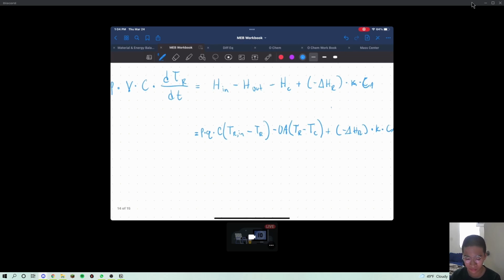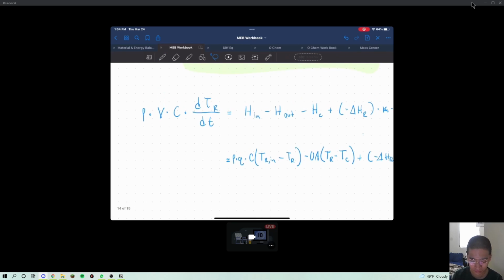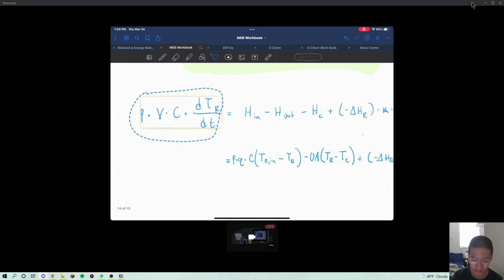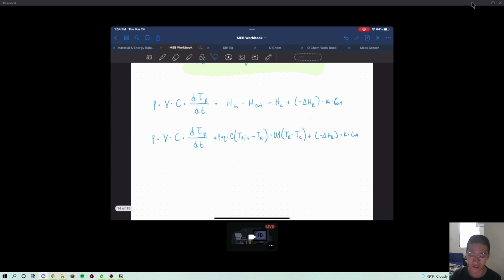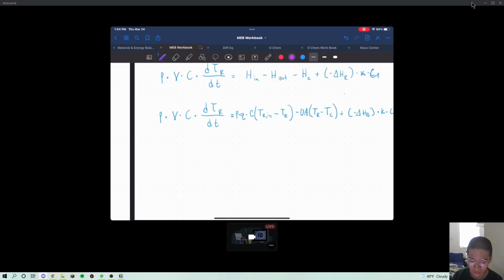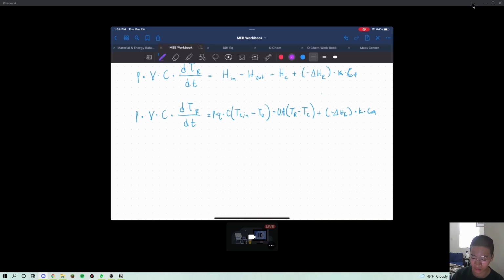Well, there we go. This left-hand side equals this right-hand side. Okay? And now we sing the same song. We want to get the dependent variable by itself, right? We divide by rho V C. And you'll notice that something cancels out. So dT_R over dt equals, well, rho cancels out. We are left with Q, and C cancels out. So we're really just left with Q